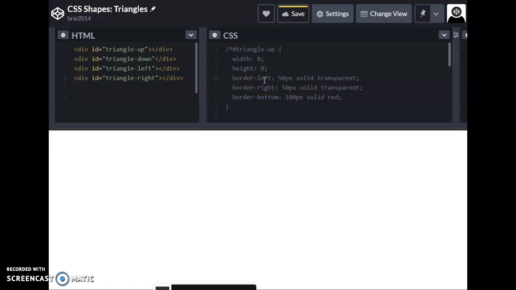Alright, today we are going to be looking at CSS shapes, and I'm going to show you how to create 4 triangles that are facing different directions using only CSS to create those shapes. So to start out, I just have 4 empty divs to create my 4 triangles in. We're going to make a triangle that's pointing up, down, left, and right. So let's go ahead and get started and take a look at how we can do that,